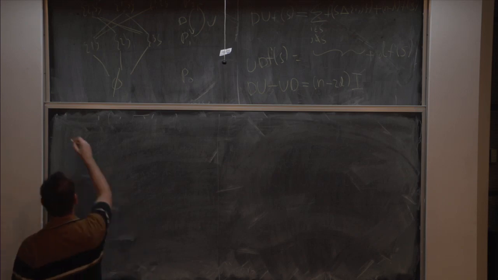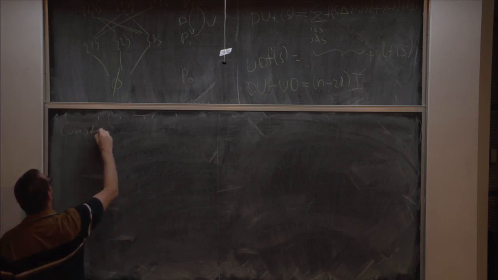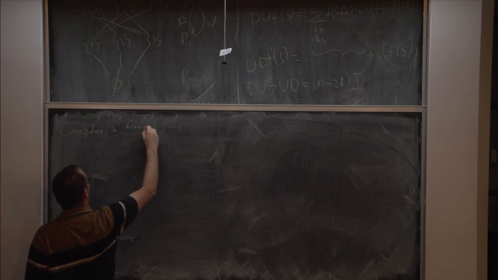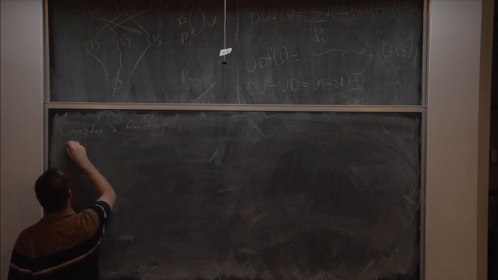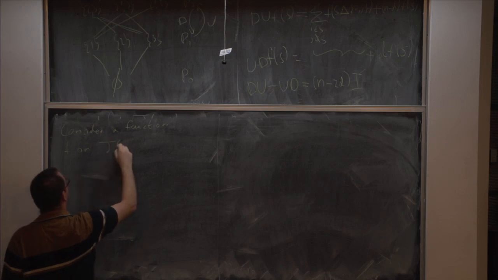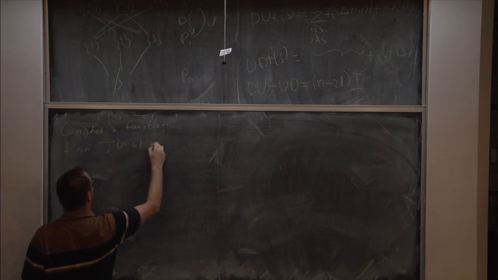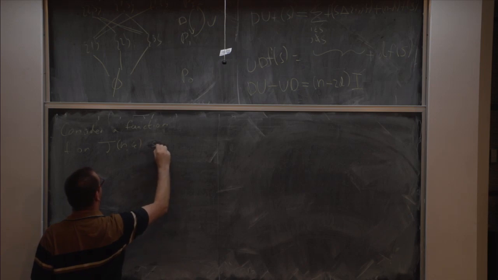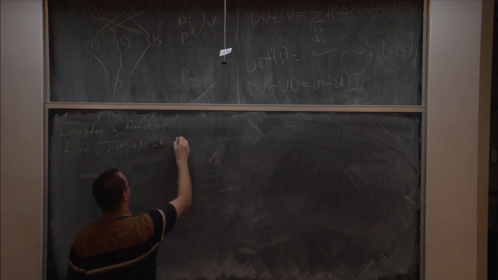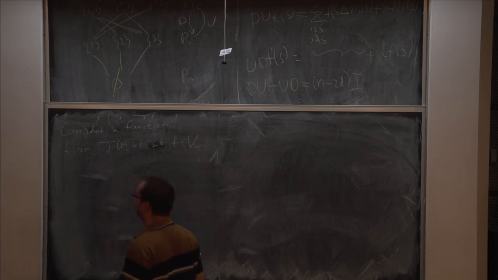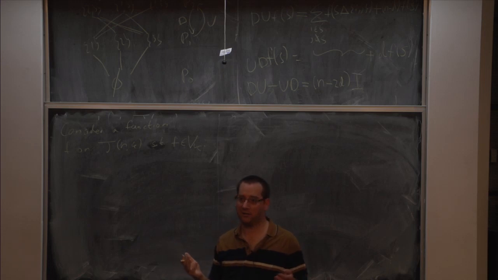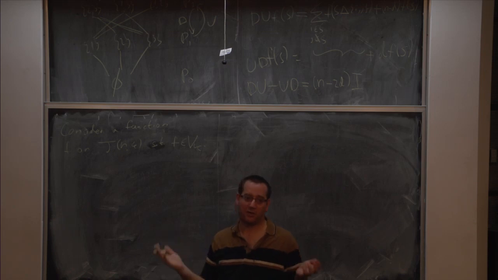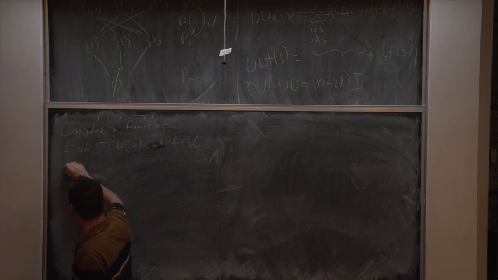So consider a function f on J(n,k) such that f is in V_k. Okay, so we know that there's a representation of f as a homogeneous degree k polynomial. Yeah, so by the fundamental theorem,